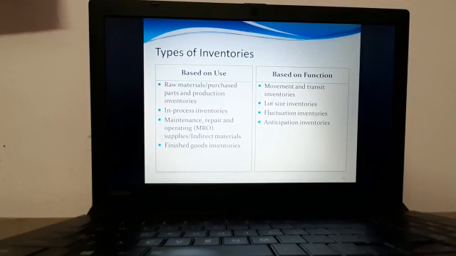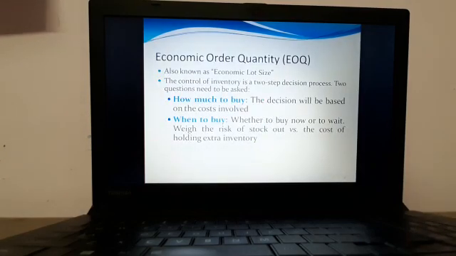And anticipation inventories are also there. These are the types of inventories classified based on function. So there are two classifications of the types of inventories, based on use as well as based on function. So this is how to do the inventory control, which we shall see in the next